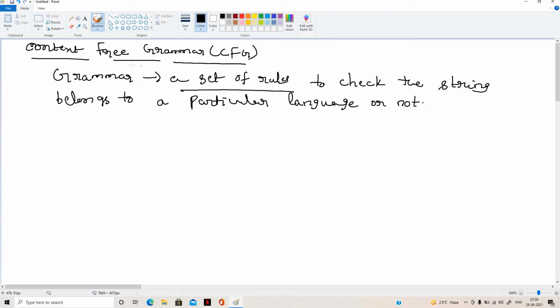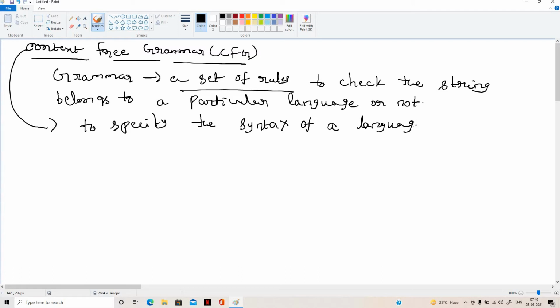Now when it comes to CFG, it is one type of notation which is used to specify the syntax of a language. Whatever language you choose, we specify its syntax with the help of context-free grammar.